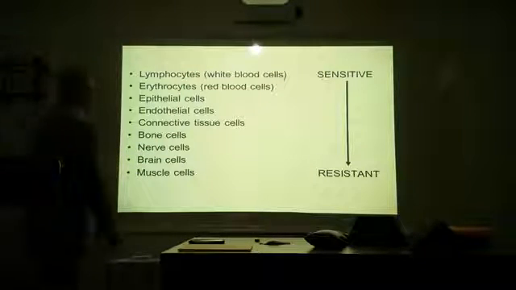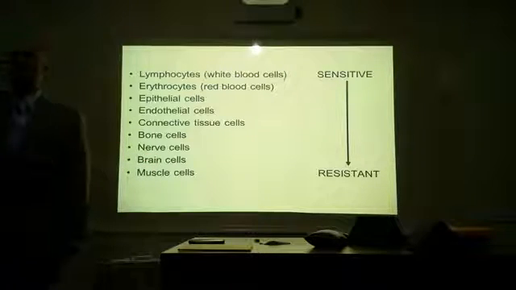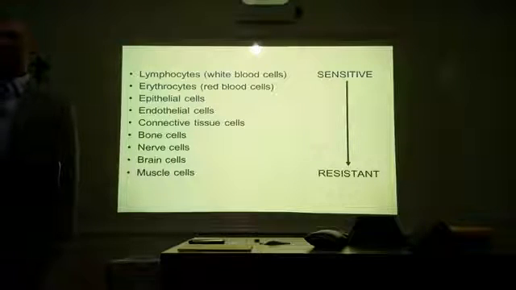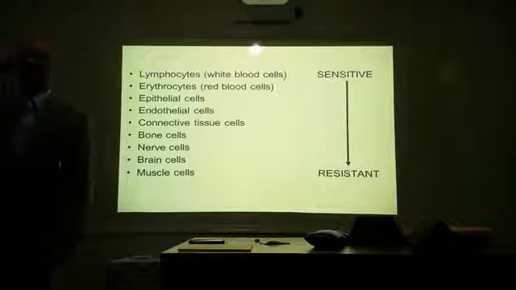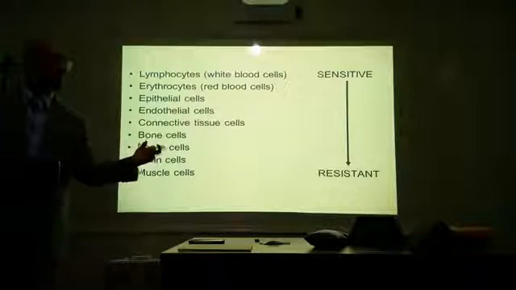Basically, with your nerve cells and your muscle cells, once those cells die, they don't replicate. Most of the time. But especially here with your brain cells, that's why it makes such a big issue with